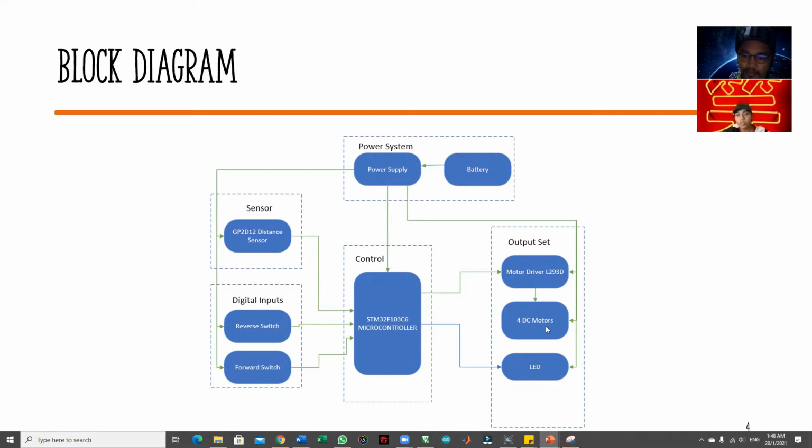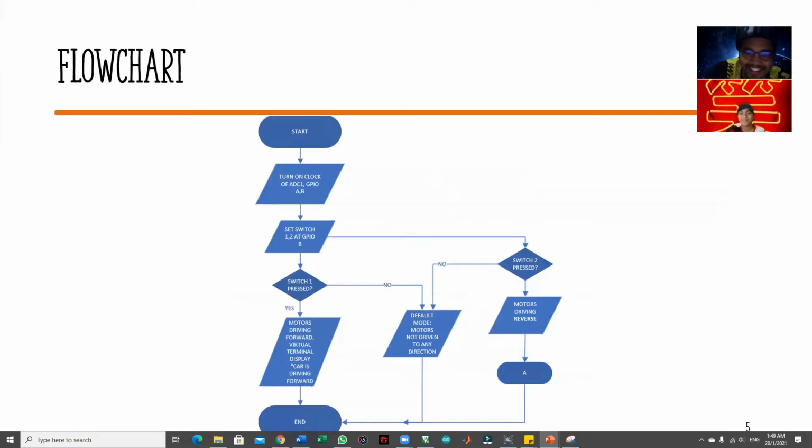For the DC motor, the motor driver will control the speed of the motor. So the output here will be the 4 DC motors. Okay, and I forgot one more thing, which is the LED. The LED will also light up. So we will move to the